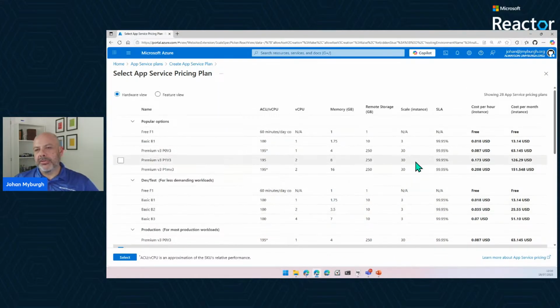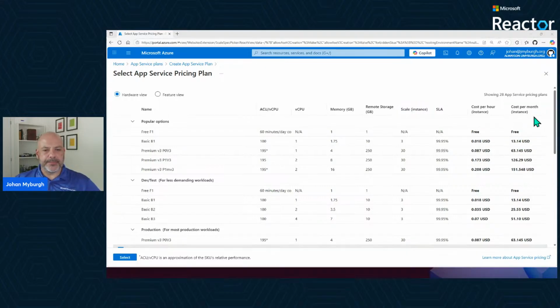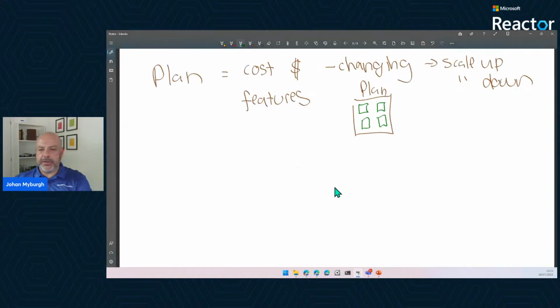Now, something you will notice is that we've got something called a scaled instance here. And I want you to notice that the cost per month is based on one of those instances. Okay, so strictly speaking, if I head back to the encoder here, what this means is if I'm creating a plan,